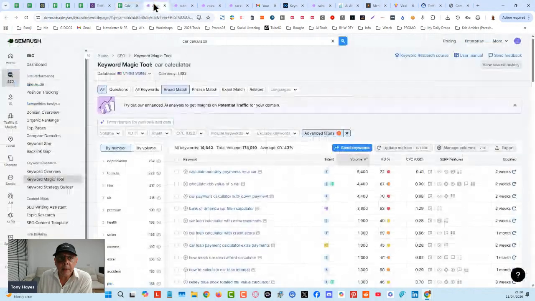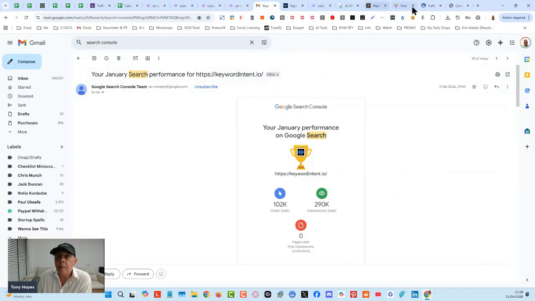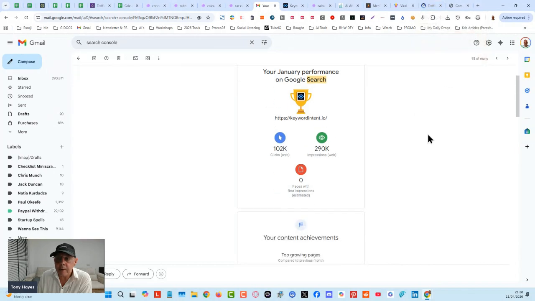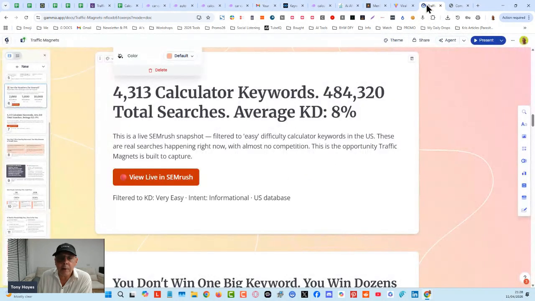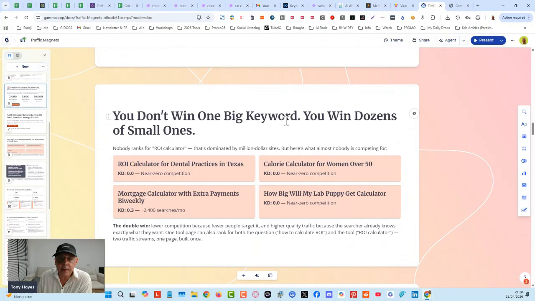Anyway, there's a lot of people you could put in specific US states, and you're going to find loads of keywords that people are searching for, long tail keywords, 5-6 words for calculators about how much sales tax they have to pay and how much loan repayments they have to pay. And you can build a website around that, probably in not a lot of time, and be able to drive a lot of traffic, okay? Now, if you have the keywords already found for you, then it's very easy to just choose a topic, go for it, and start to build, okay?